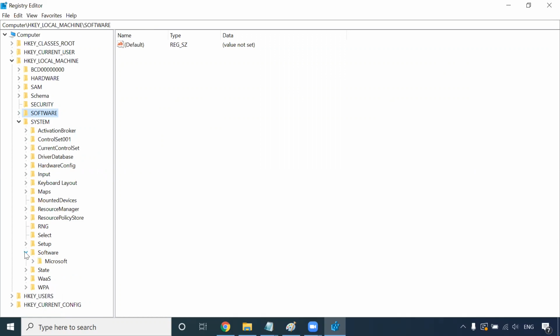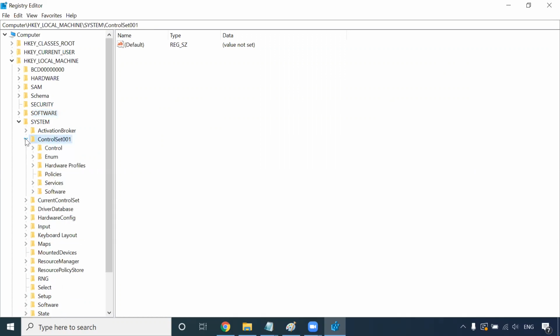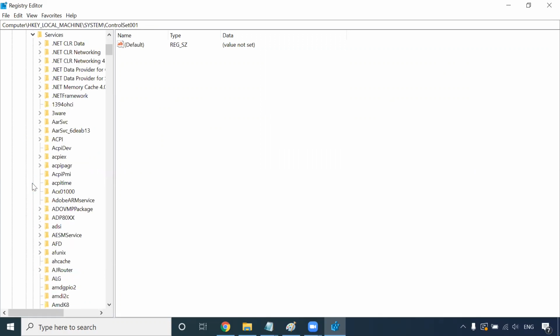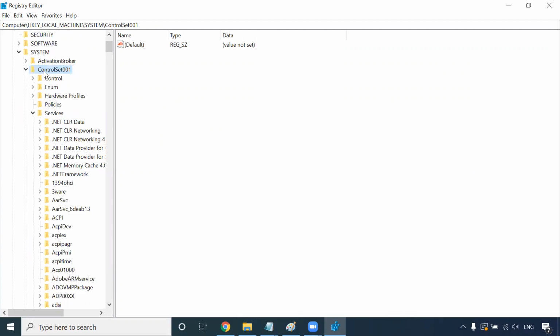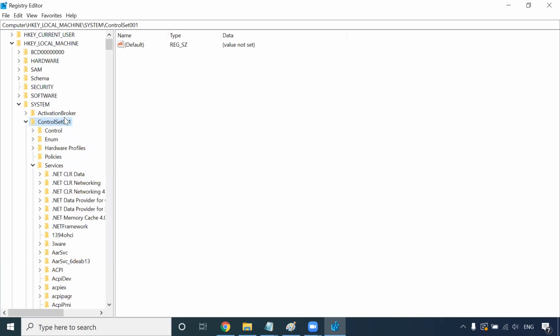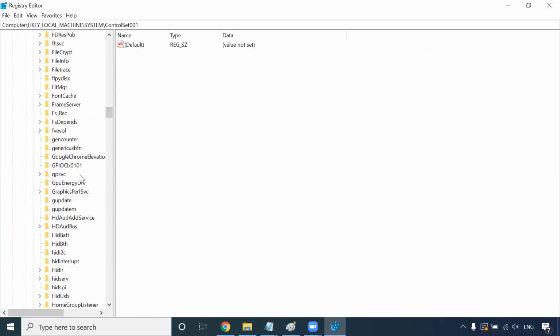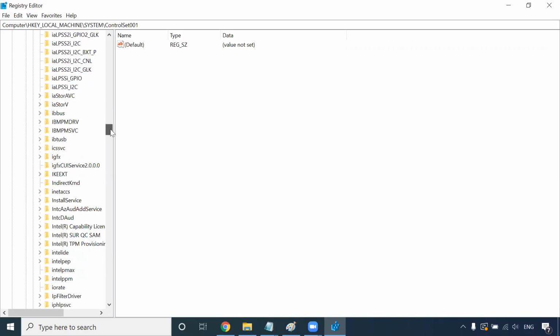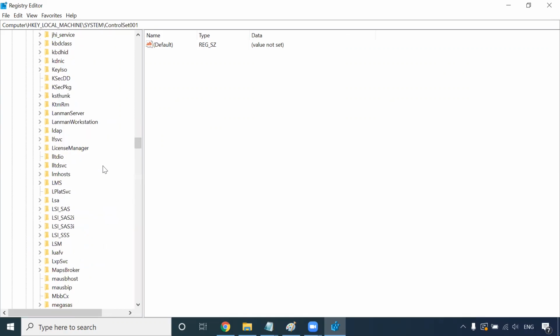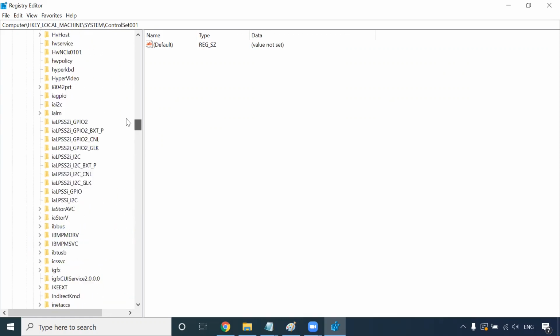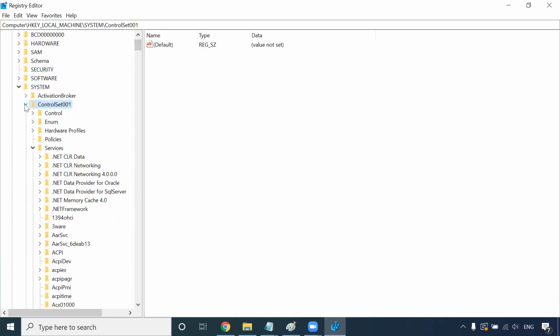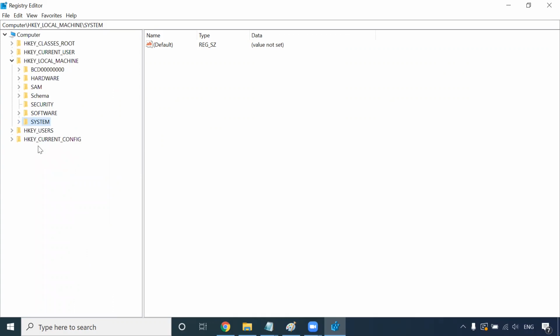In the control set, you can see Software or Services; go to System, control set. And then here, if you have any Informatica or any Oracle, we have to delete that Informatica and Oracle also. If you have any Oracle, just delete this Oracle. We do not have anything, so just close it. Check all the software and everything.